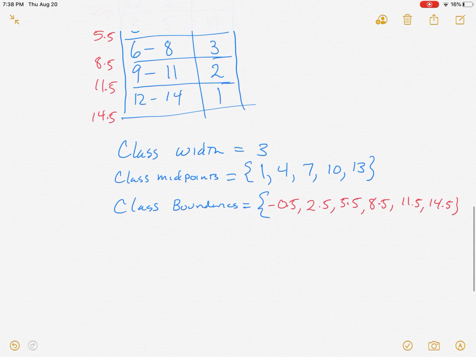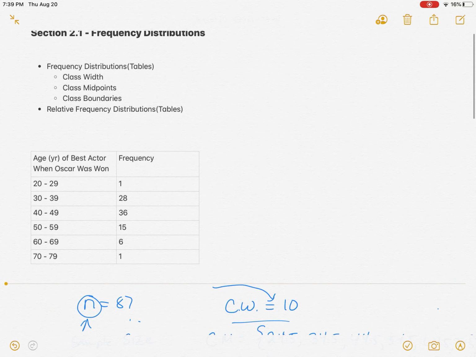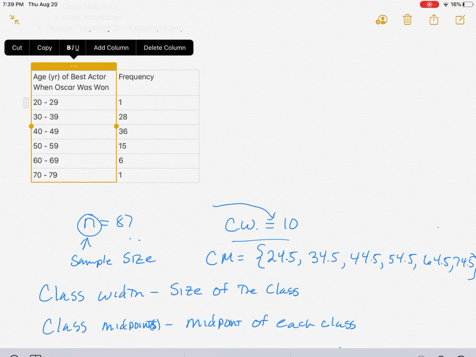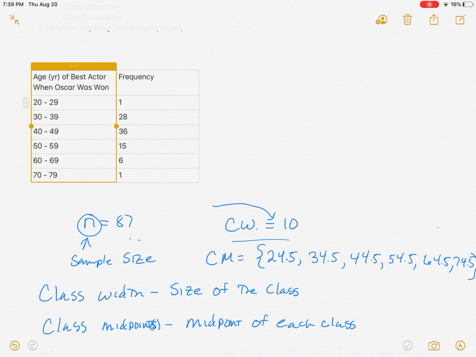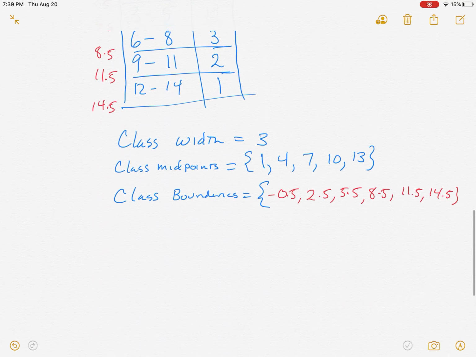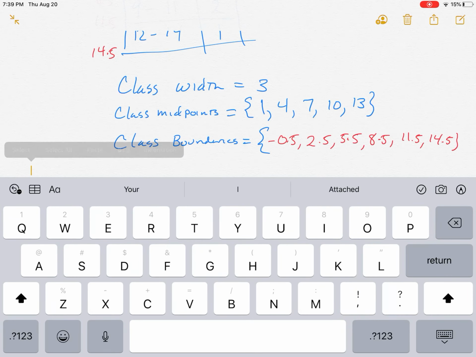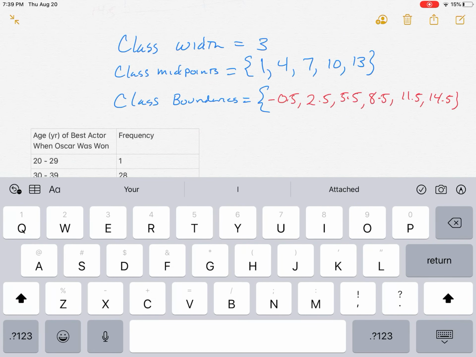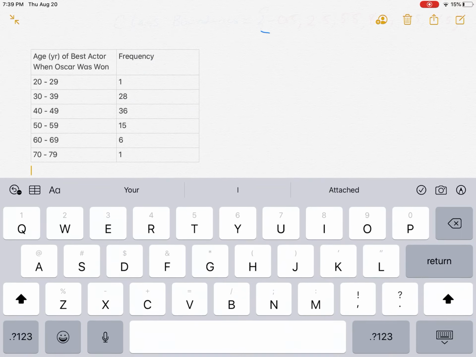The other thing that happens is frequency tables. I'm sorry, relative frequency tables that I have written up here. I'm going to come up here and see if it will allow me to not move that around. Let me copy that and see if it will allow me to paste that down here. Okay. The relative frequency table is a frequency table